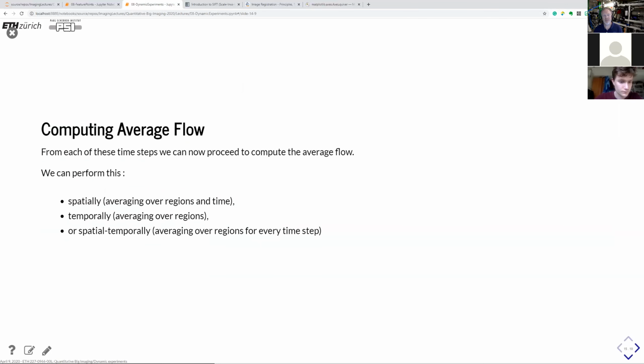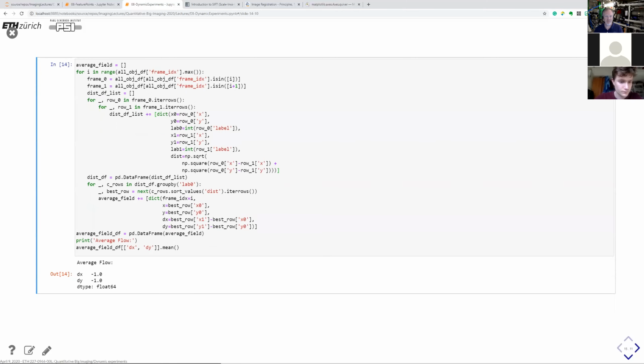Now, to compute the average flow, there is an interest to have at least some kind of average behavior, and we have 3 ways of doing this: spatially, temporally, and spatiotemporally. If you just take the average of what we have, that would be what we see, -1, down here. That is what is calculated for all